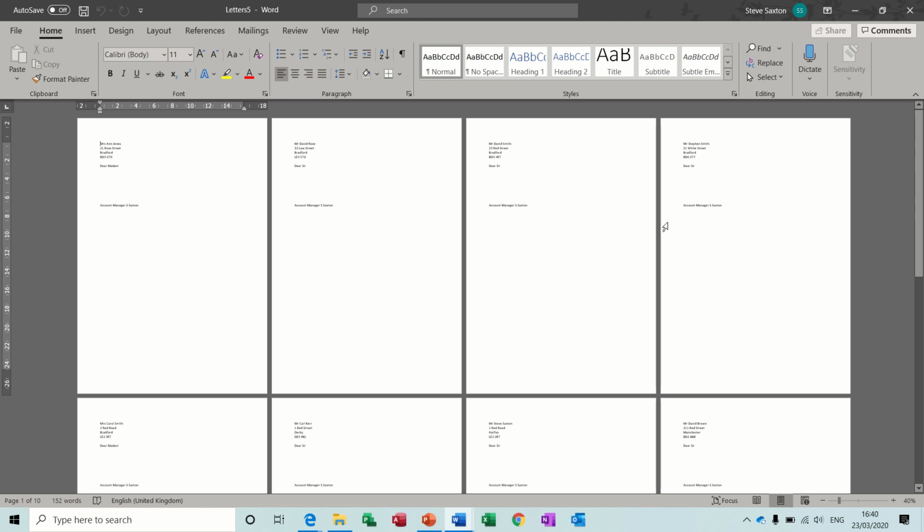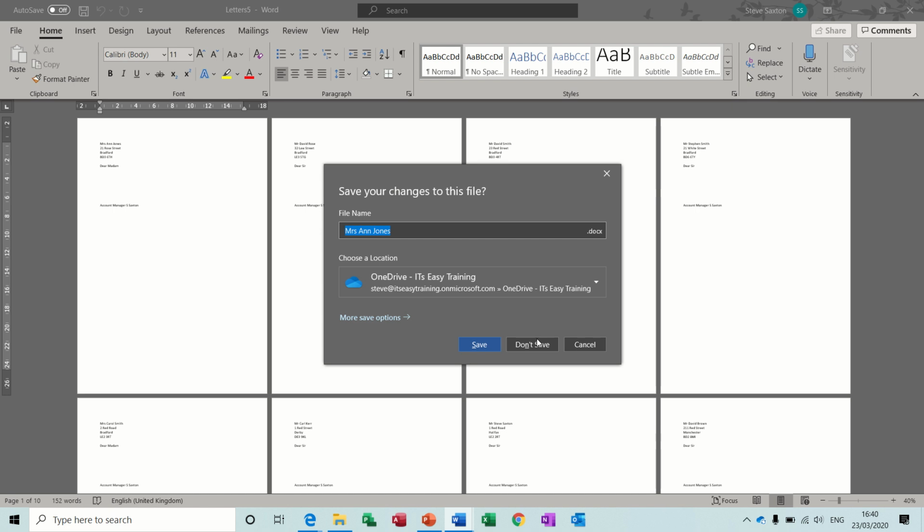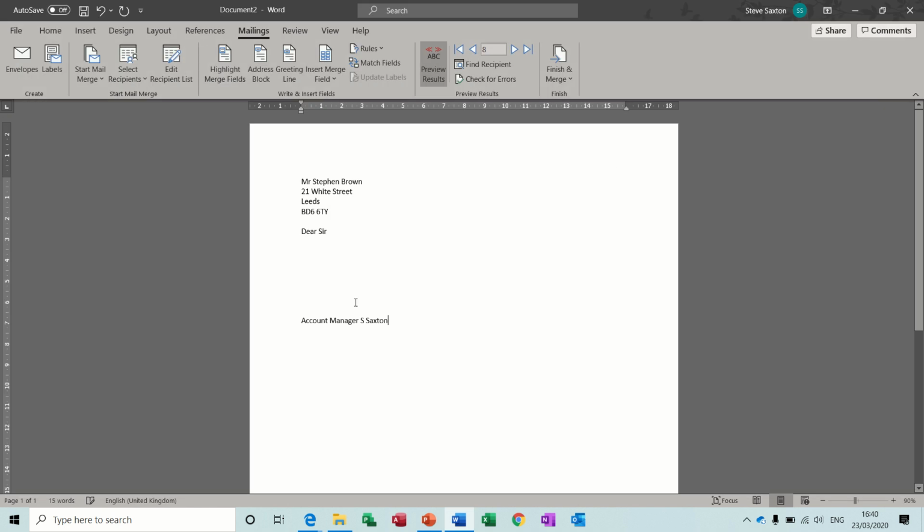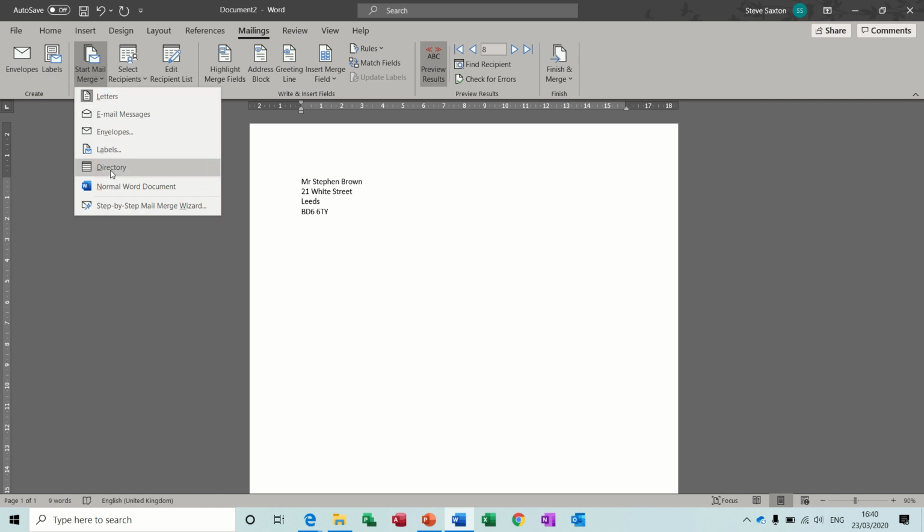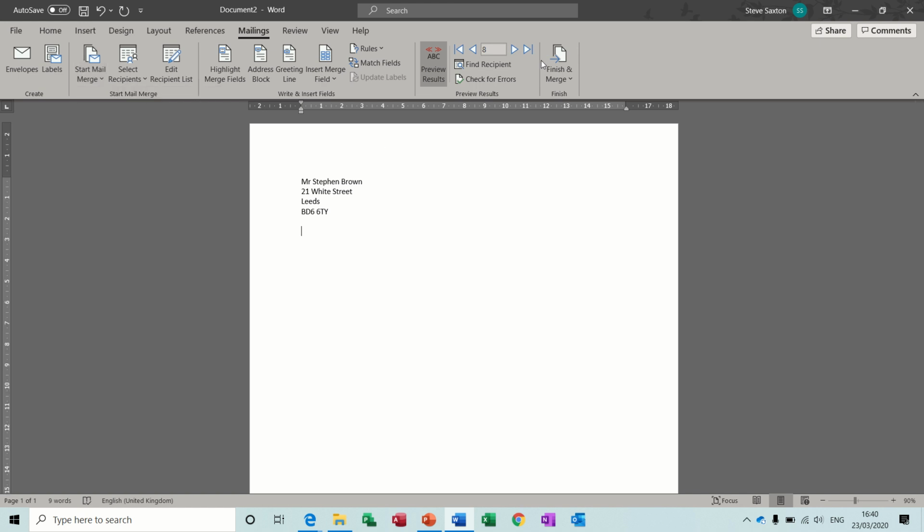Now if I close this again, Control W to close, don't save it, back to this document. The last thing I want to do, if I just delete this off, is just show you how to create a directory using this database list. So basically it's just going to produce a directory of all the records in this format, the way I've got it laid out there. So if I click on directory, and then